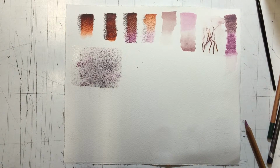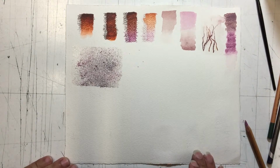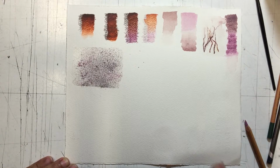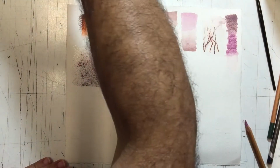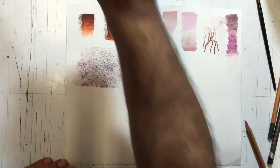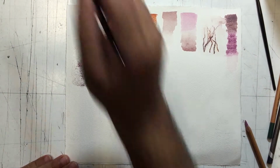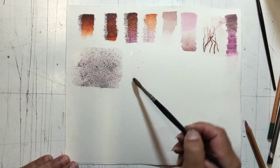And you notice the only place that this actually sticks is where the water is. Where it's not wet, it'll just stay dry, or it'll actually, the pigment will actually just be blown away. Okay, so I'll leave that. I'm going to do it again. What I'm going to do is just make it a little bit wetter this time. Might throw a couple of extra colors in as well. So I'll just put more water on,